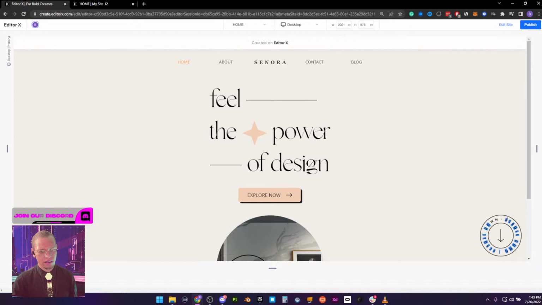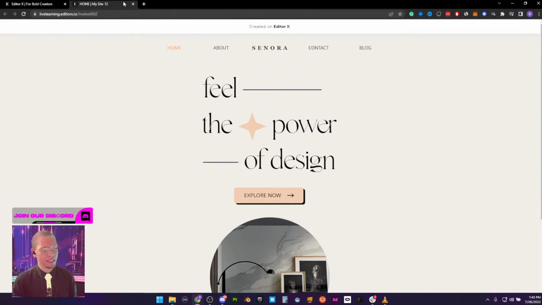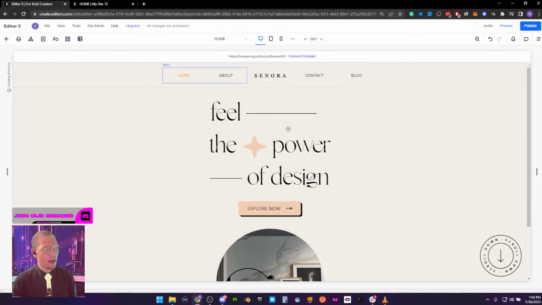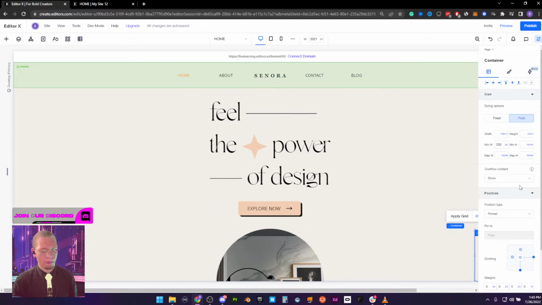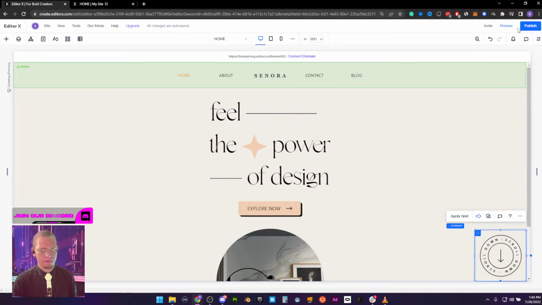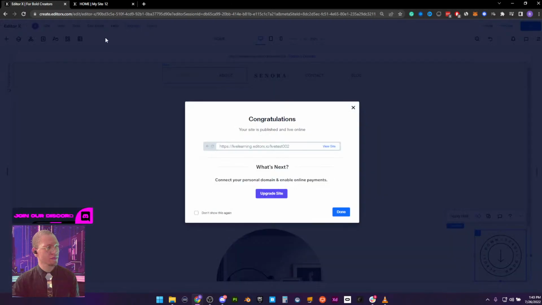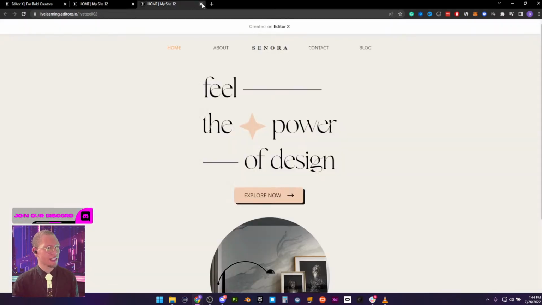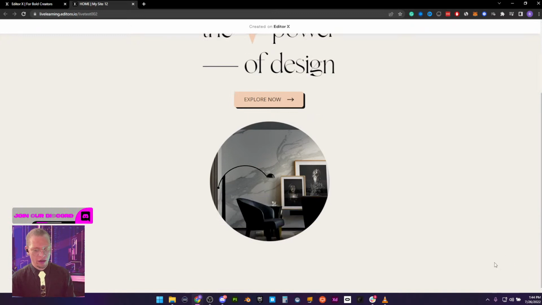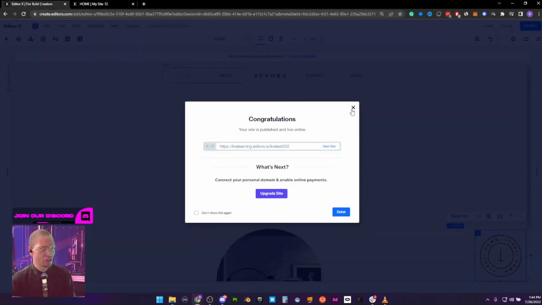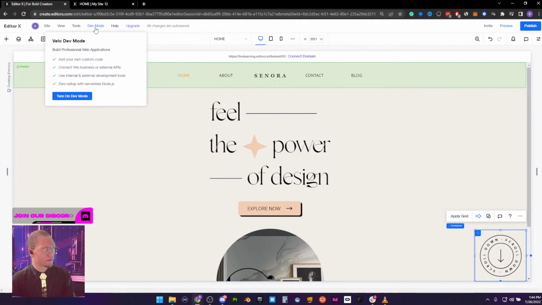Because this actually should be animating and it's not. So there must be something that has happened code-wise for this. I'm going to publish one more time. And this is part of the game, ladies and gentlemen. It's constantly seeing what worked, what didn't work, debugging. And so something's going on over here with our circle, and that's not being shown either. So I'm going to turn on dev mode one more time.